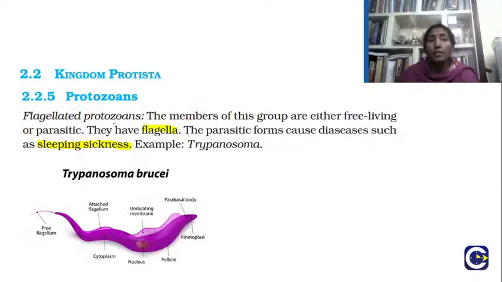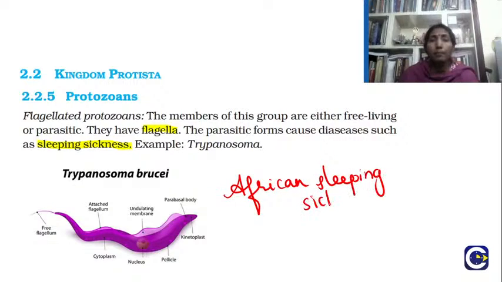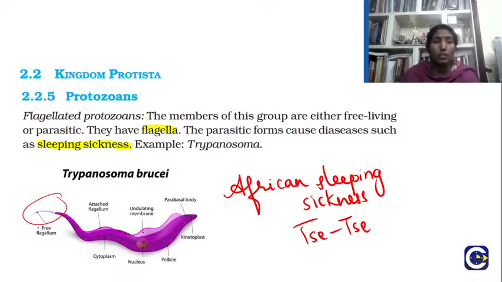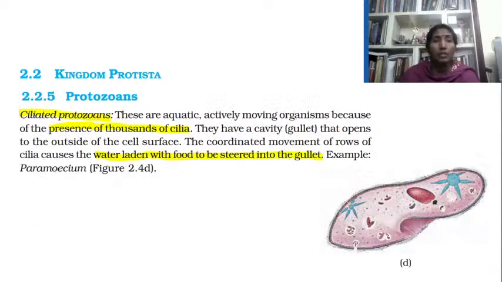Okay. Then flagellated protozoa, Trypanosoma brucei, that causes the African sleeping sickness இருக்குல்ல. So through the tsetse fly, African sleeping sickness, அது மூலமா தானே இது ஸ்ப்ரெட் பண்ணுது. The members of this group, they'll be free living or parasitic. They'll have a flagella. See, they have a free flagella. So they are causing this condition. Okay, then we have ciliated protozoan.